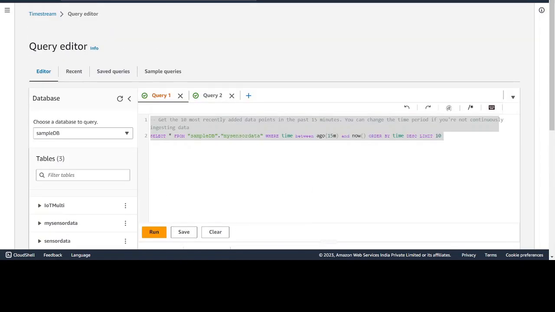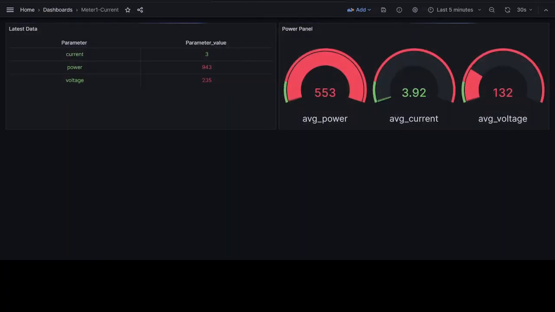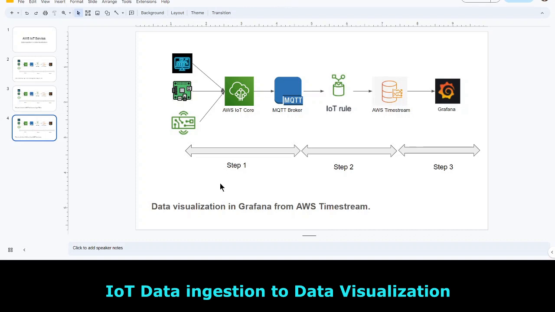Hi everyone. So in this video we will talk about IoT data ingestion to data visualization, using IoT Core, MQTT broker, Amazon Timestream database and Grafana. Okay. So in this video it's a quick demo of how we can push data, ingest data using AWS IoT Core